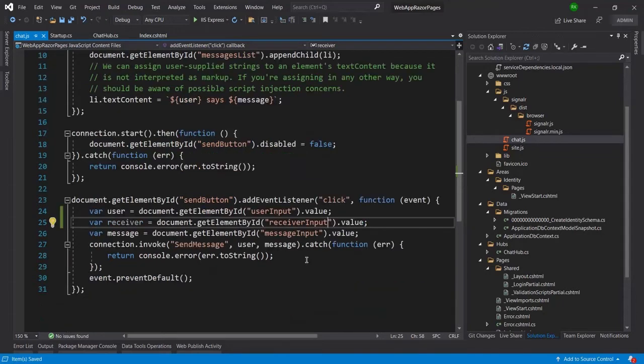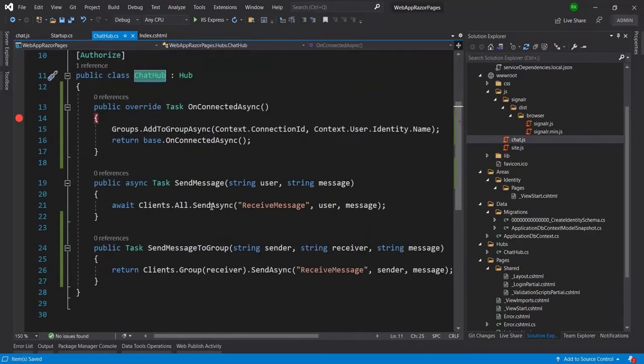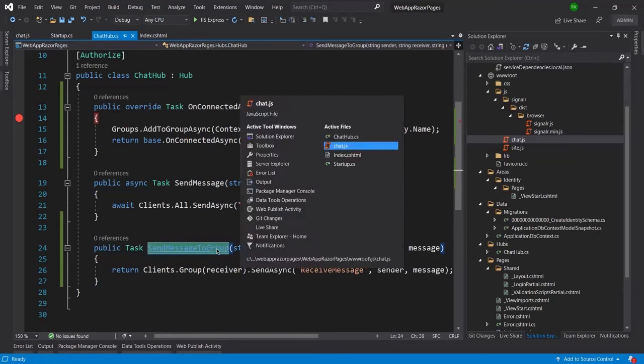So now I have received all these three values, and here you can see this is connection.invoke. Basically it is calling the method which is available here in the chat hub class. Earlier it was calling this, but now I want to call this method, SendMessageToGroup.